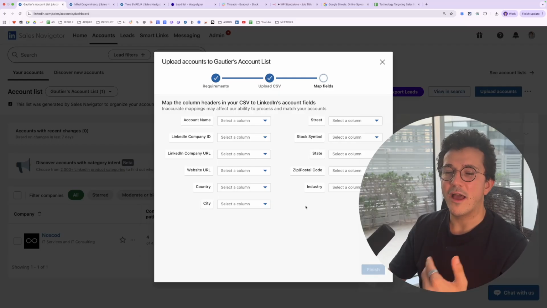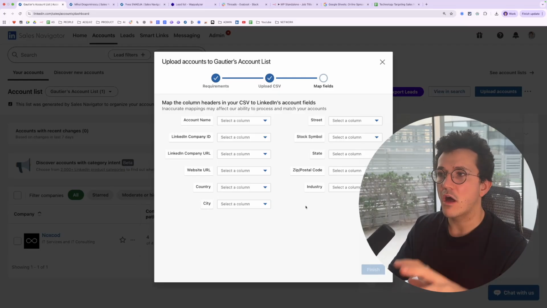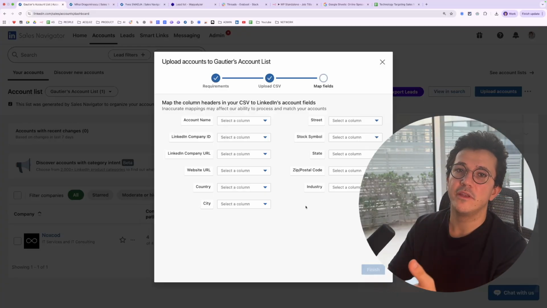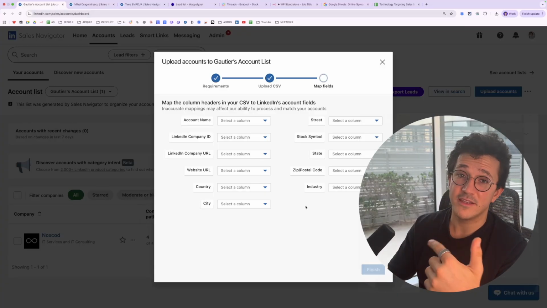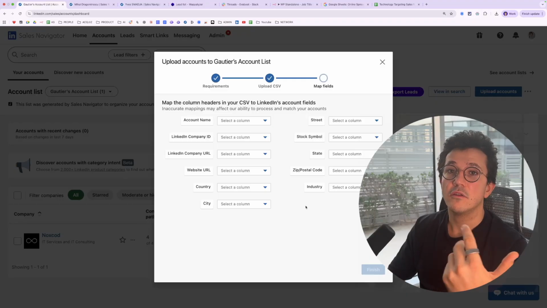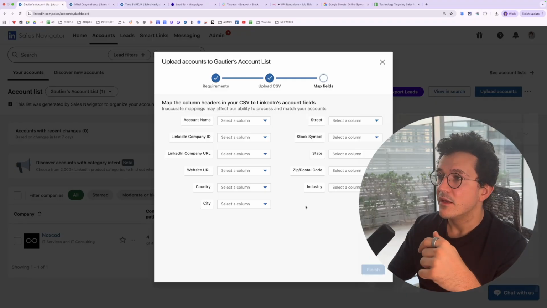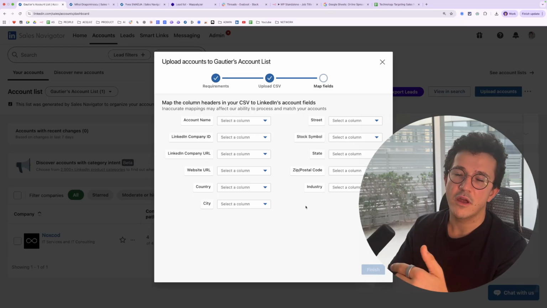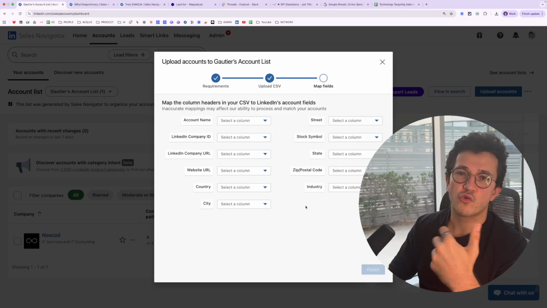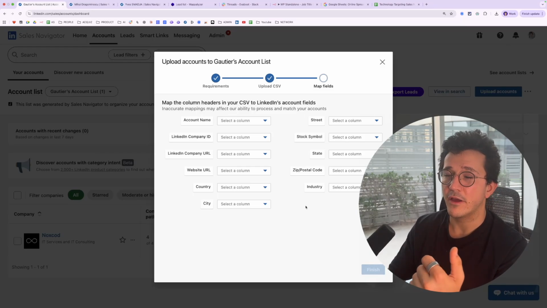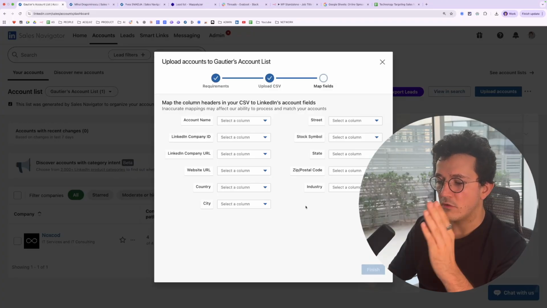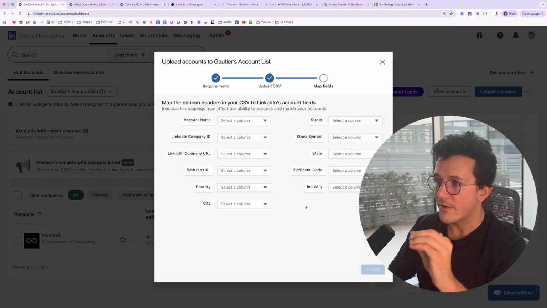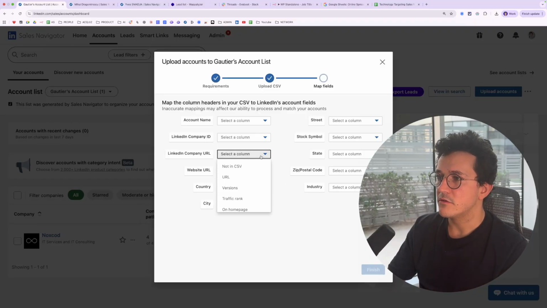And now what you will have to do is match the columns. In our case, it's really simple because we have the LinkedIn pages. So it's really easy for LinkedIn to find the companies. LinkedIn can still try to find the companies with the name or the country, etc. But actually, you don't want to trust LinkedIn on that because it will find random companies. So the only reliable way to use this upload feature is to have the LinkedIn URL. So let's map that